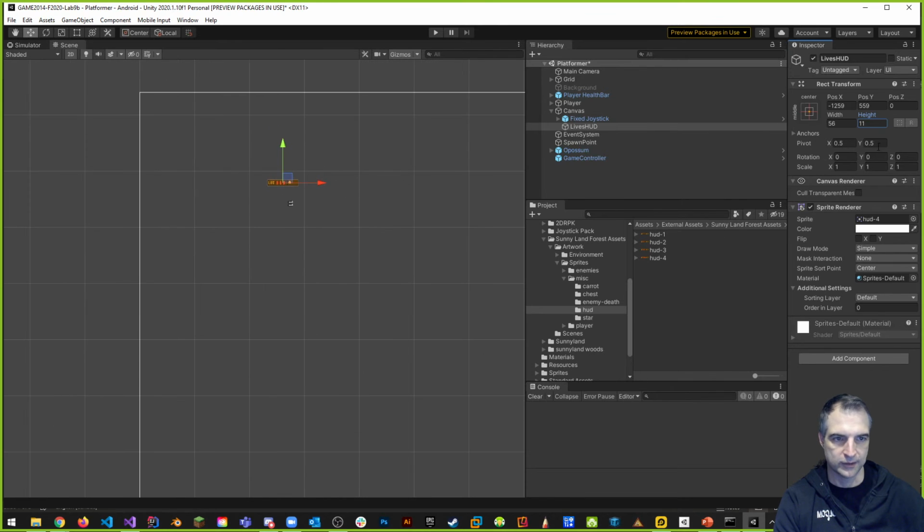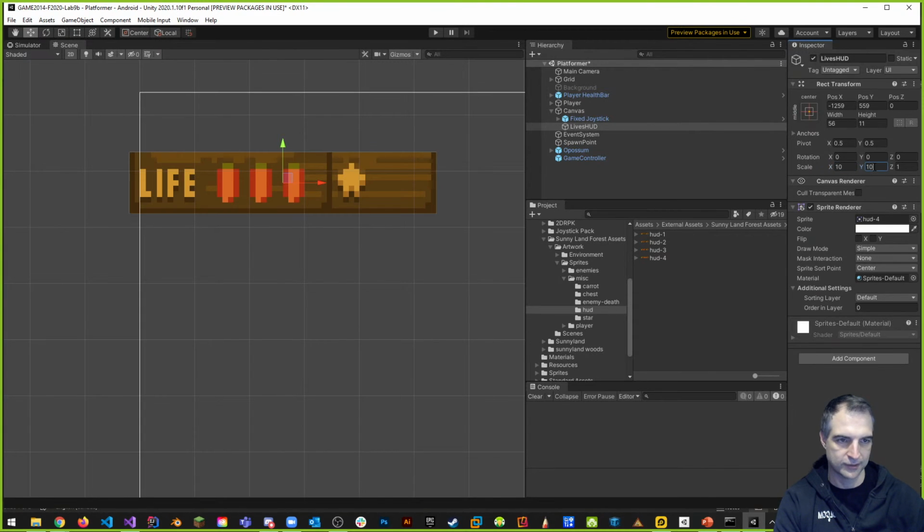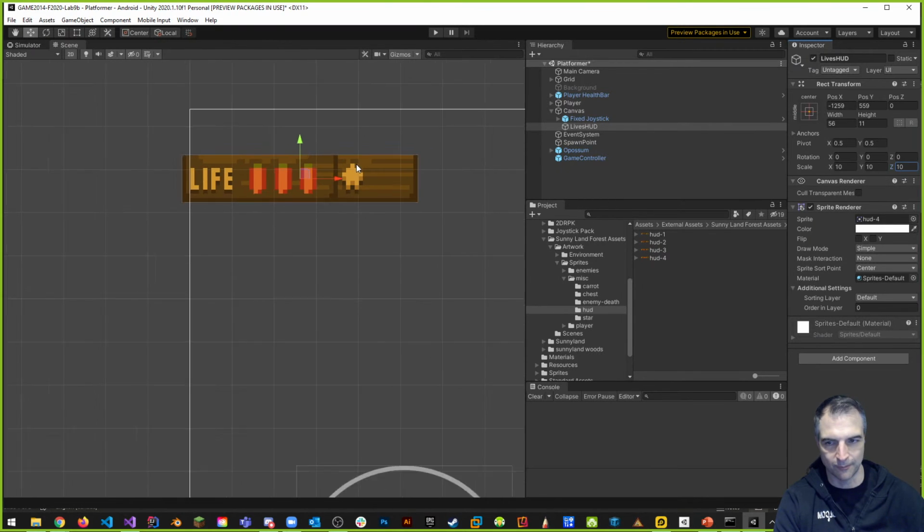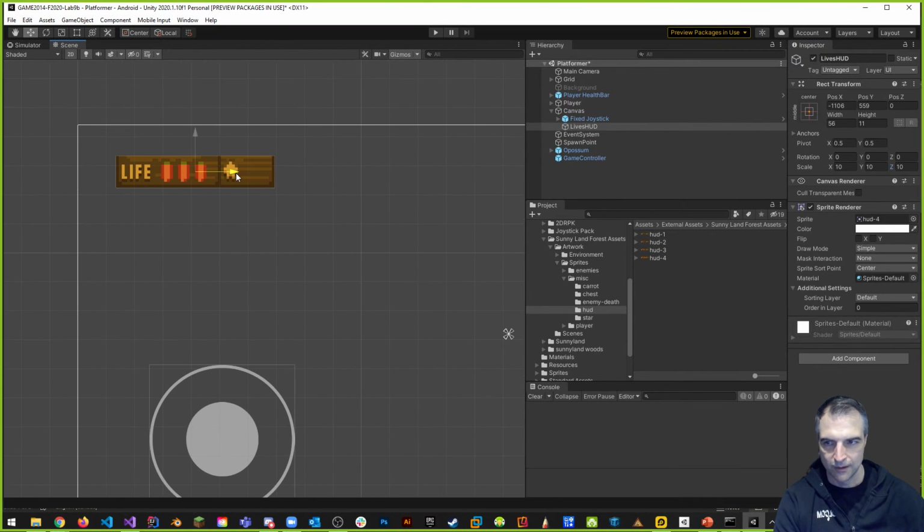Okay, now let's scale it up. Let's make it 100 times bigger. That's too big. Okay, how about 50 times bigger? That's too big. How about 10 times bigger? That's more like it. And I might as well make this 10 times bigger on the Z-axis too. Okay, so I've made this all bigger, and it's going to show up now, but we need